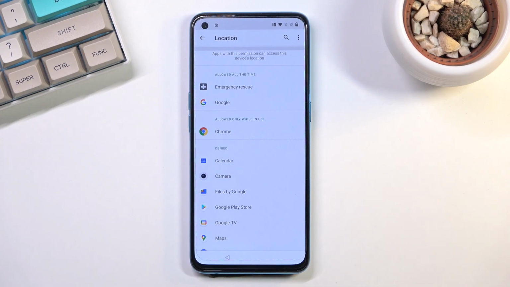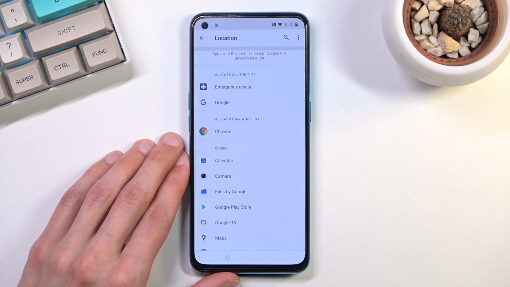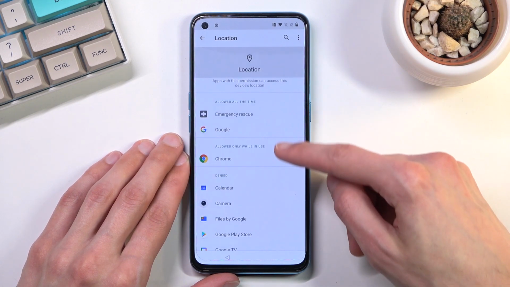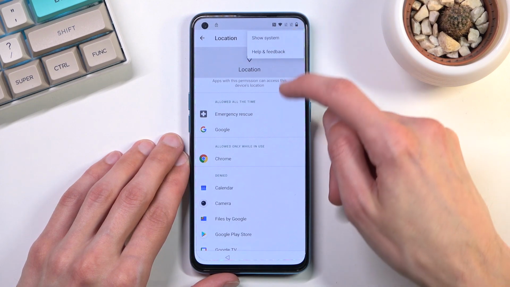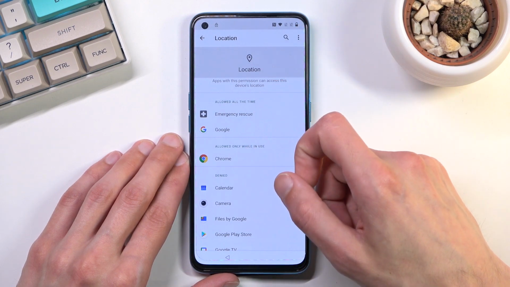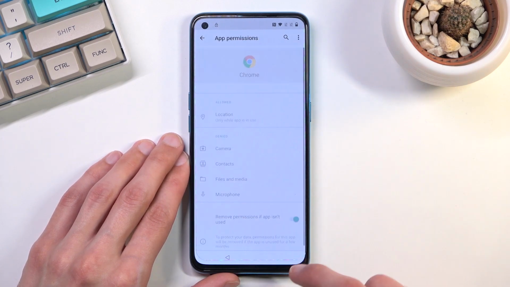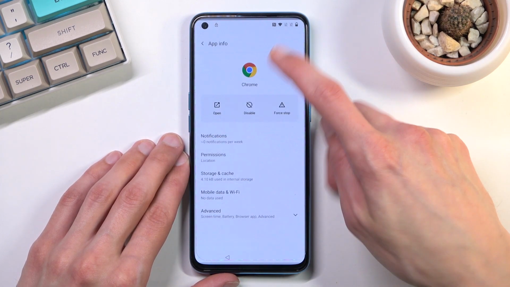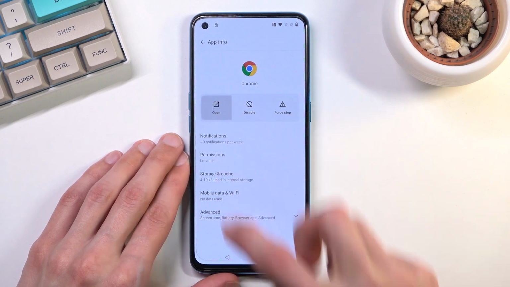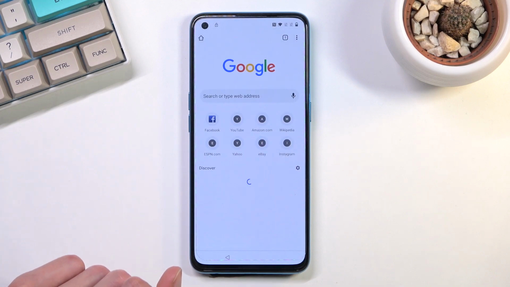I'm doing this for the first time, so bear with me. Select Chrome right here and see all Chrome permissions, and from here we are going to tap on the Chrome icon, select open, select thanks right here, and